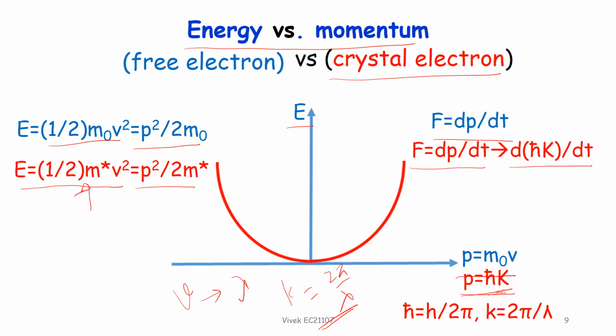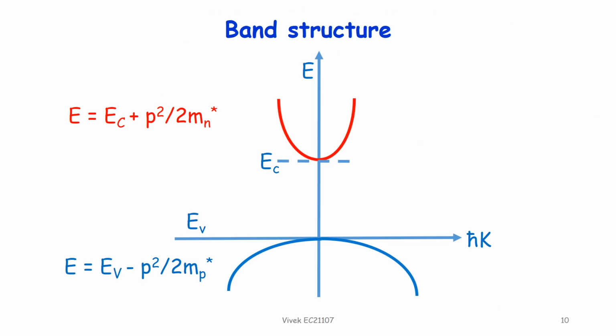Why? Because if they have a certain velocity, their energy will be less because they are actually holes, right? So this is the absence of an electron. You can see here, for example, this is the conduction band and this is the valence band. So the conduction band energy is p square by 2m. Now there is a minimum energy below which is a forbidden band gap. So you can write the energy of the electron as the minimum energy of the conduction band plus p square by 2m.